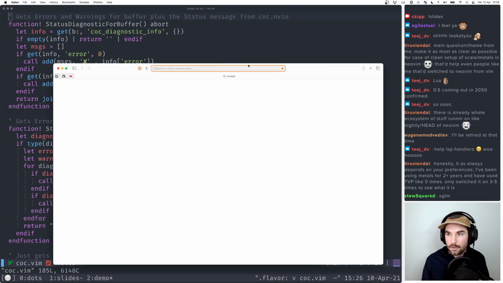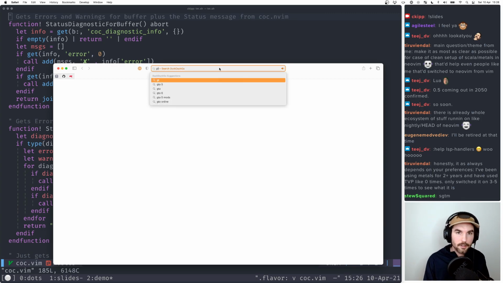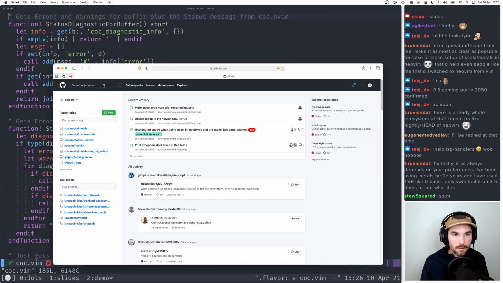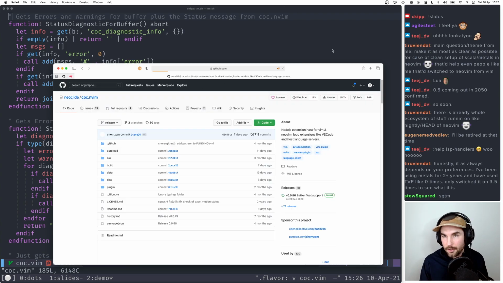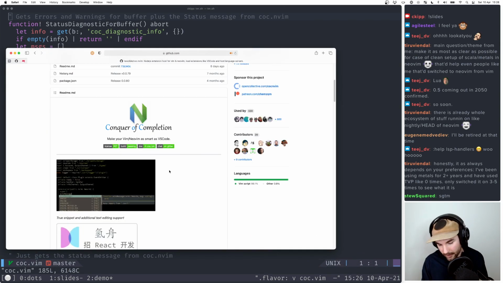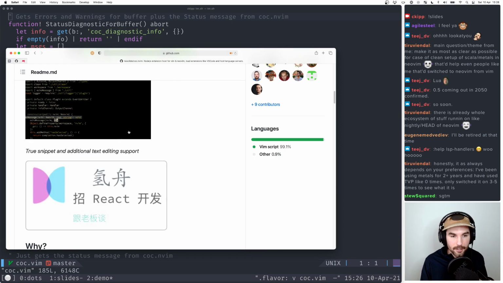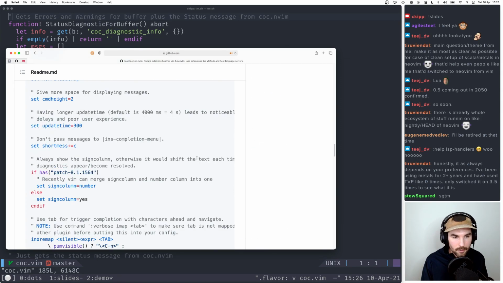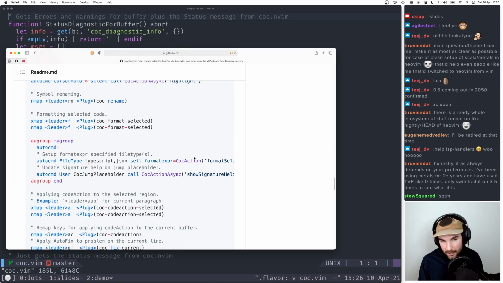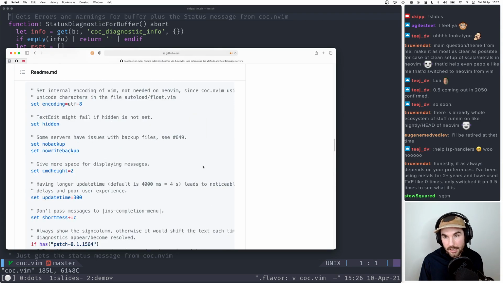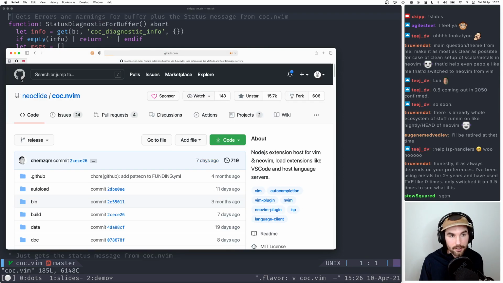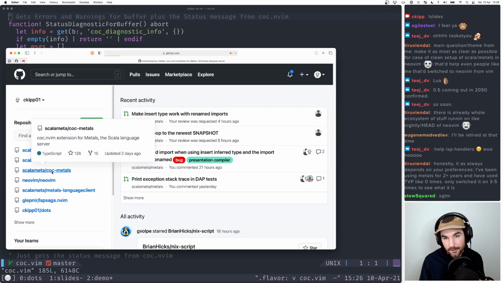GitHub. You'll notice right on the homepage, they'll have this explanation of, if you're going to get started, copy all of this stuff, which is all of this. You can just copy this directly, but there are a few specific metals ones that aren't in here that you'll need. So what I do recommend is instead of copying that one, go to coc-metals,